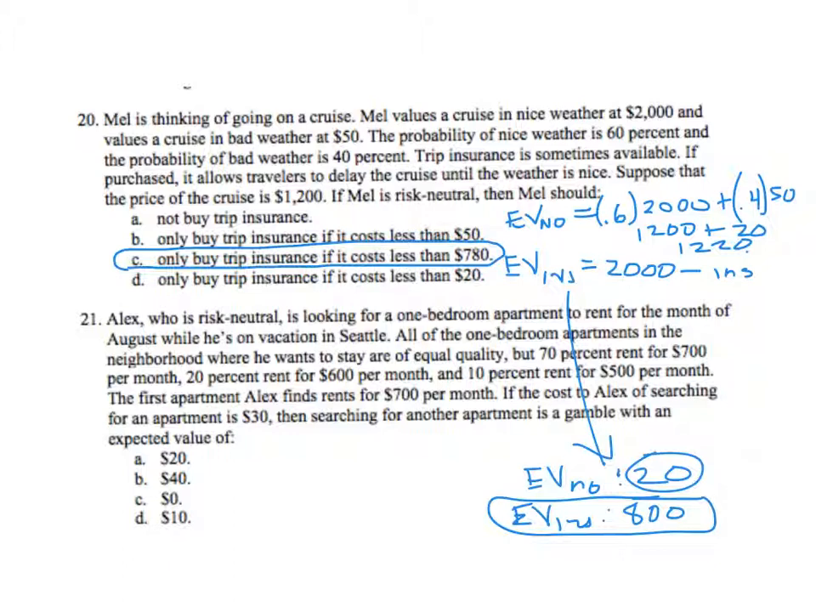It's a similar one. Alex, he's risk neutral, looking for a one-bedroom apartment for the month of August. All of the one-bedrooms are of equal quality. 70% rent for $700 a month, 20% rent for $600 a month, 10% rent for $500 per month. The first apartment Alex finds rents for $700 a month. And if the cost to Alex of searching for an apartment is $30, then searching for another apartment is a gamble with an expected value of